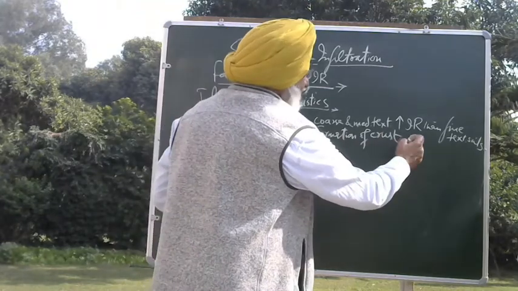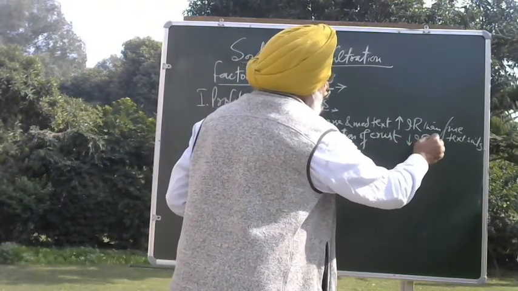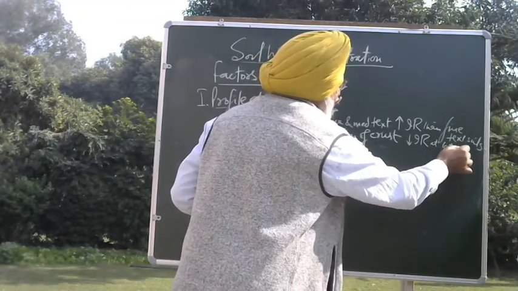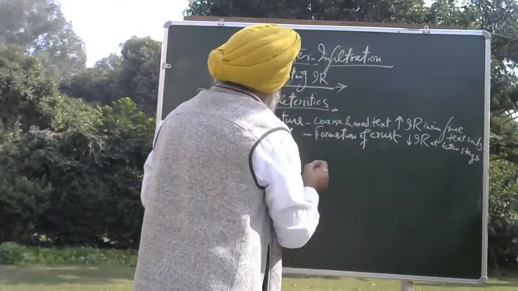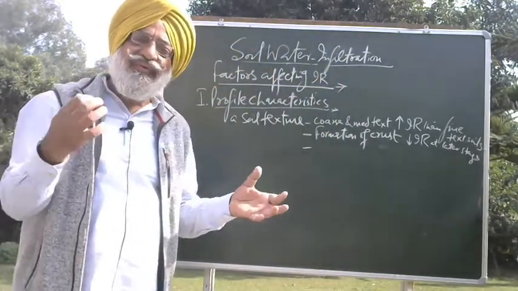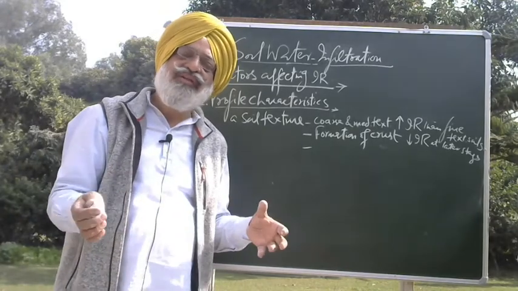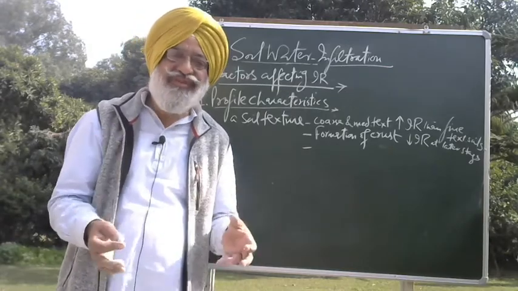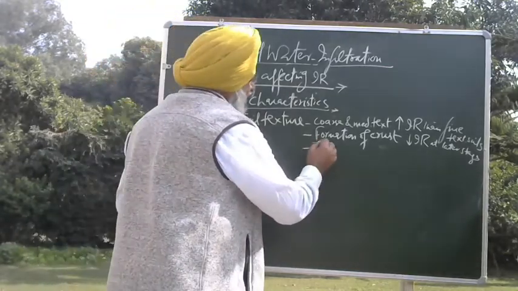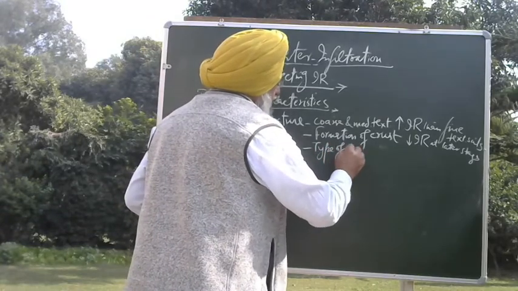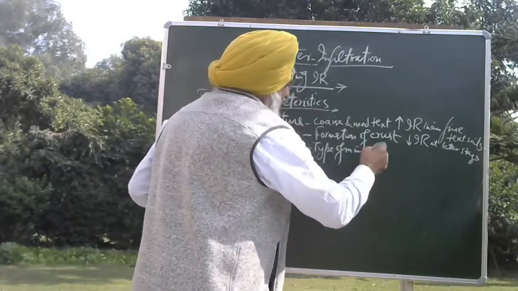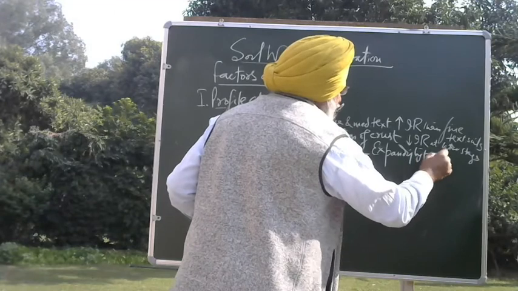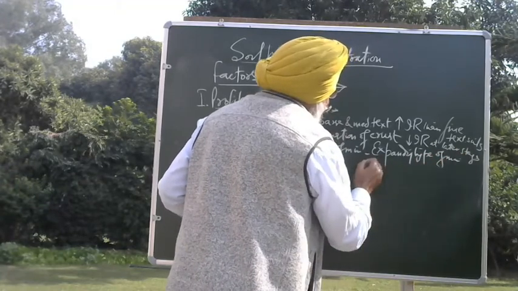So formation of crust may decrease your infiltration rate, maybe at later stages when crust is formed. Third phenomenon is that similarly, if you have a fine textured soil, yes, the infiltration rate will be low. But if this fine textured soil is dominated by expanding type of minerals, like say montmorillonite,